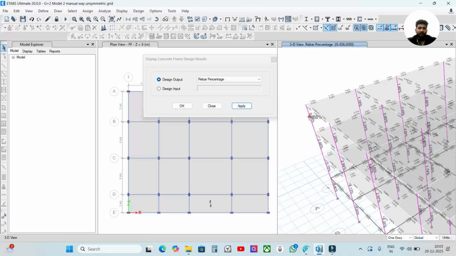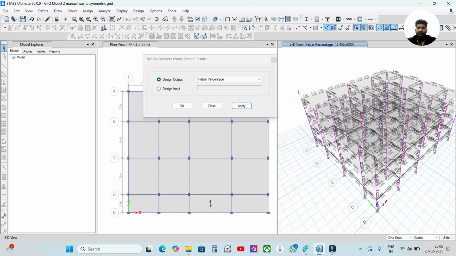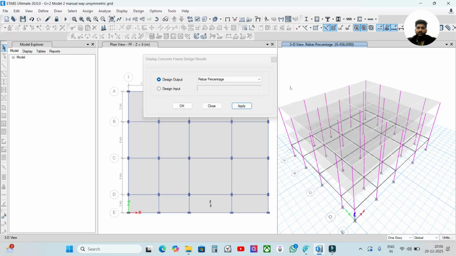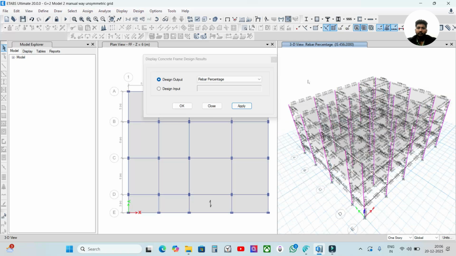So 0.8% of that area should be the minimum reinforcement present for the rebars. Then only can we proceed further. And what's the maximum as per IS code? That is 6% of the total section of the beam or the column. Okay, for the column, the minimum is 0.8%